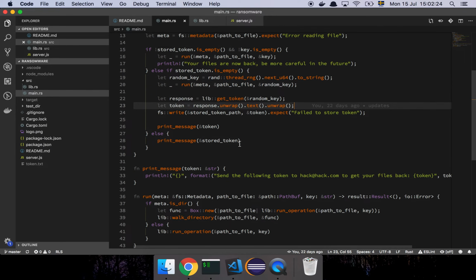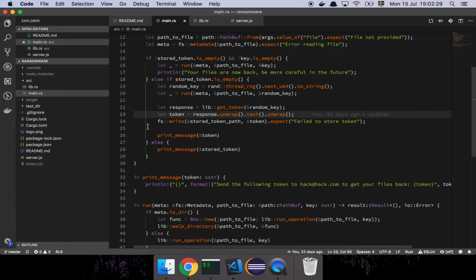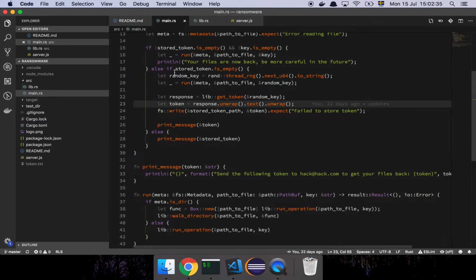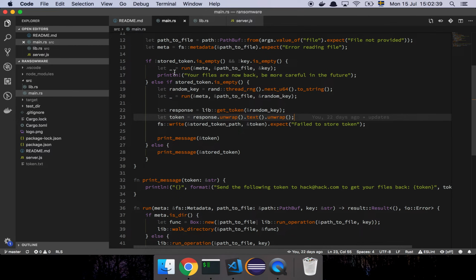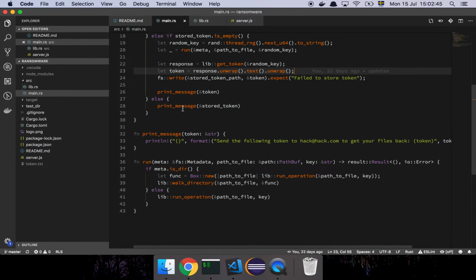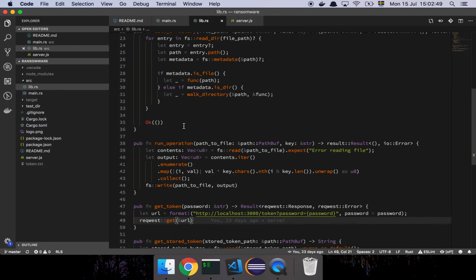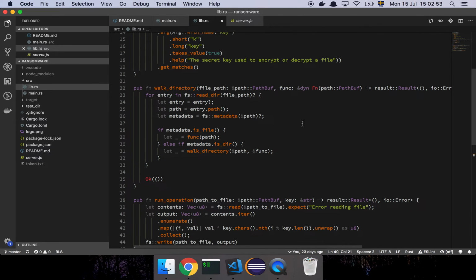blah, which is nice. And if all of this is false, then we are just trying to run the same program over and over, which is just going to print out the message. Because, as I said, I'm a nice hacker. I don't want to create a situation where I can't just give them a token, and it's a user experience thing. I mean, if you've been hacked, you want it to work on the first try without a bunch of other passwords, right? So let's have a look at walk directory first,